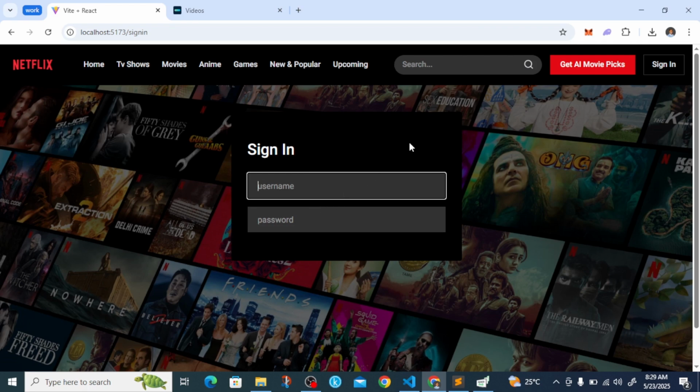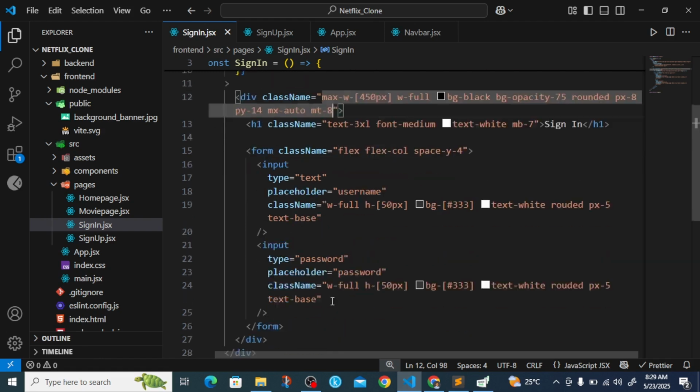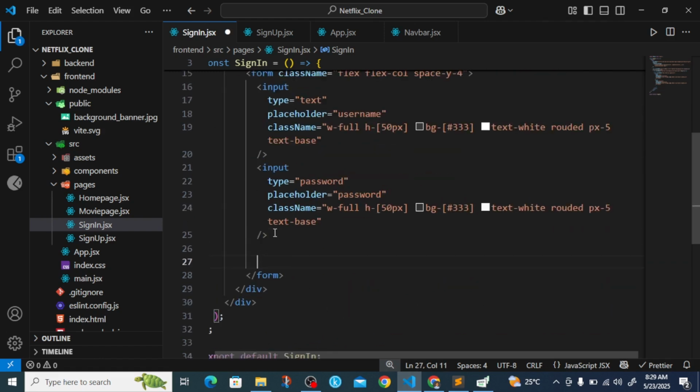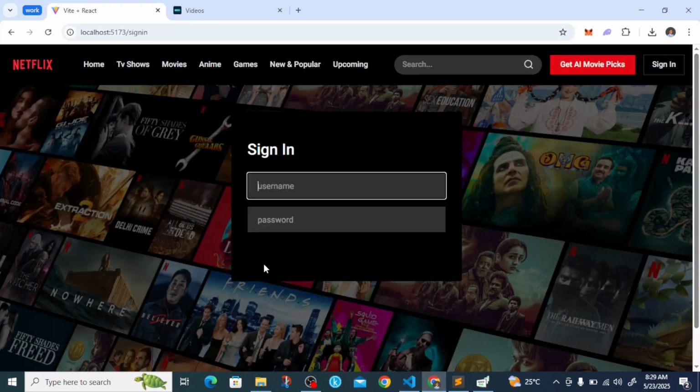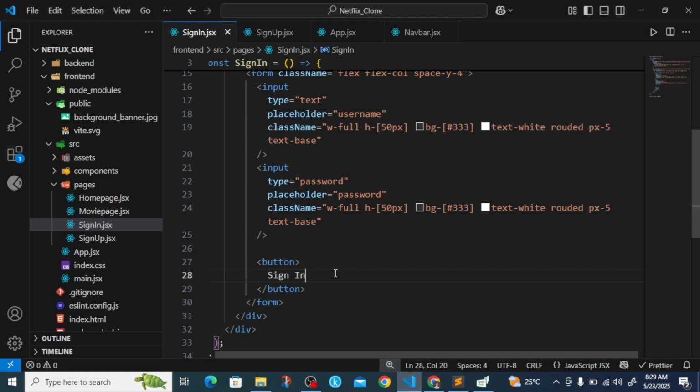Okay. Now under this, we're going to have the sign in button. So under the inputs, we'll go under this input now, and we're going to have a button, and this button is going to just say sign in. And let's see, we have something here, but nothing is showing. So we can just come here and add some styles. This is going to be a type of submit,